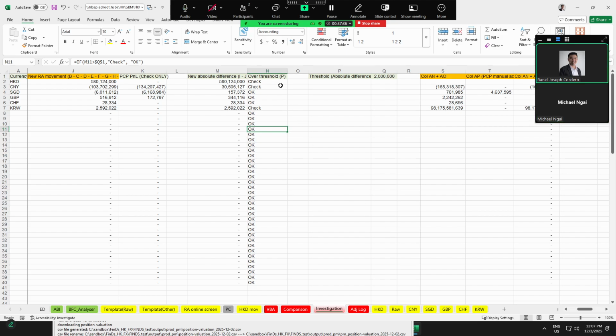But for Hong Kong dollar, because the RA movement is kind of weird, we need to look into other things other than whether the P&L is valid. So the most basic step is whether the P&L is valid or not, and the deeper level is to investigate more.